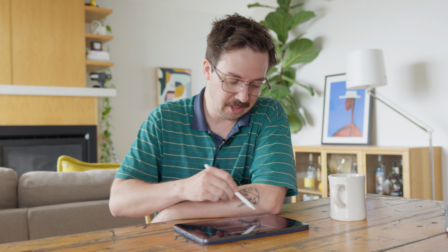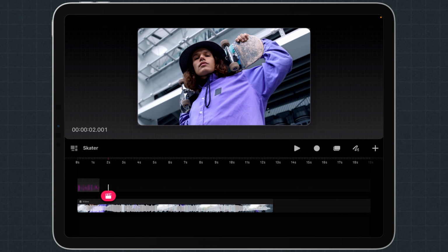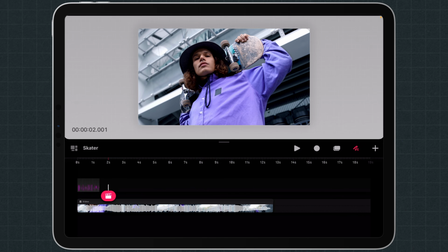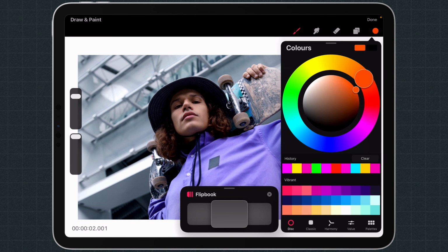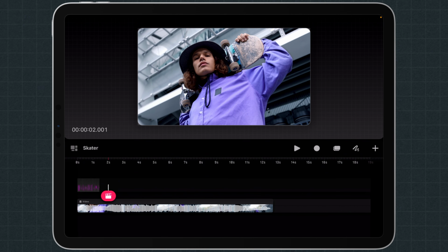Cool, so that works really well. I like the way it goes around his shirt, and I think when he looks down at the camera, around about here, I want something on the skateboard to happen. So let's jump back into this, and I'm going to stay in the same track. I'm going to jump back in and change the color to maybe something a bit yellow, a bit more vibrant. That works pretty well.